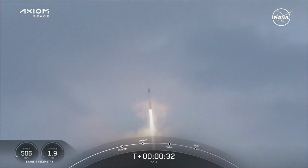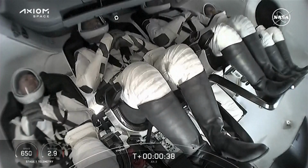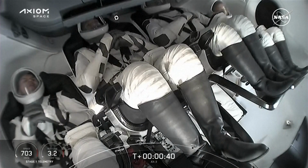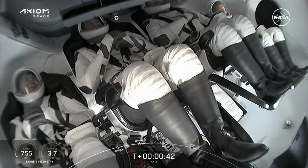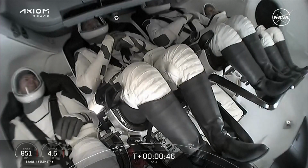Of course, if you are just joining us, this is the launch of the Axiom 3 mission to the International Space Station. Those incredible views on your screen, and there's our first shot of the AX3 crew inside Dragon on ascent. Now, in just a few seconds here, we should hear the call out that Falcon 9...